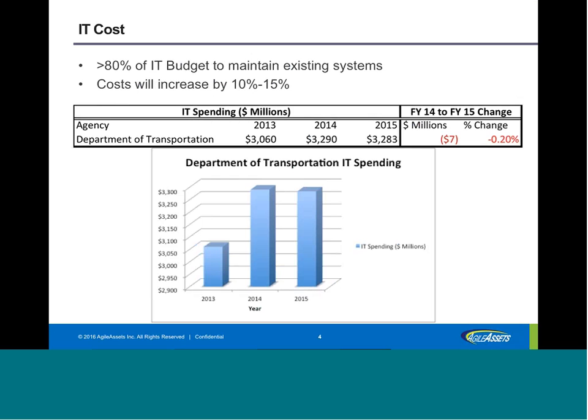In addition to all those industry trends and technology advances, I would like to take a look at the IT cost, which has been changing in the last few years. Based on the analysis, which has been compiled from different DOT CIO's reports, more than 80% of the IT budget for DOT IT is spent on maintaining existing systems. It is forecasted that the cost of maintaining the existing systems for DOTs will increase by 10 to 15% in the next 3 to 5 years, mostly due to retirement of engineers and experts who have domain knowledge of those